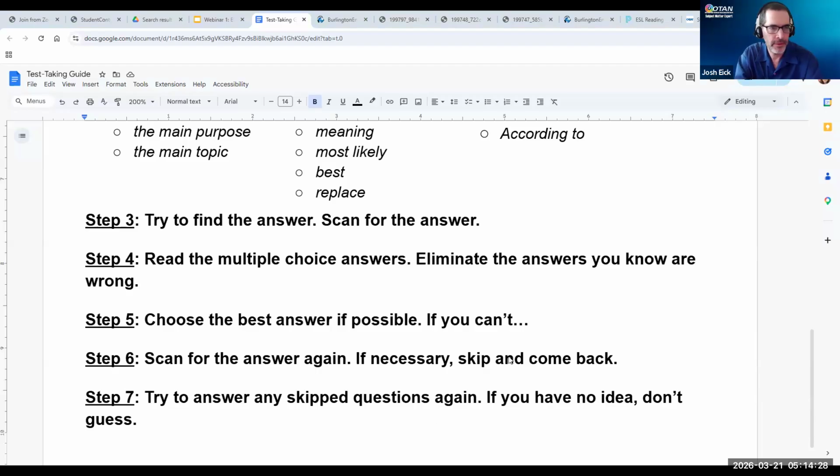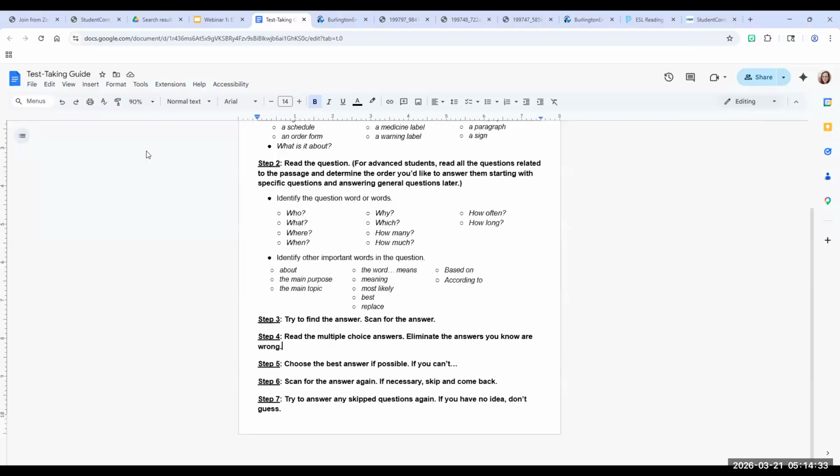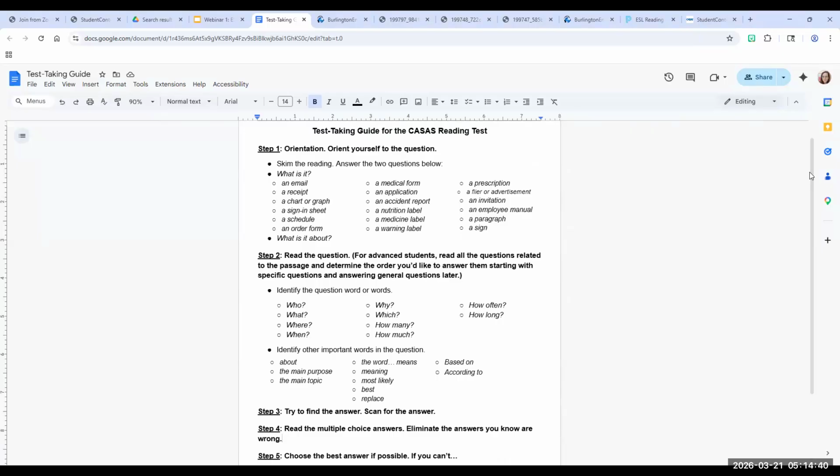Ed has a question, Natalie. Okay, great. Hi, yeah, I just have a comment on that. I think the test itself is run by AI. So if they guess the right answer on a difficult question, now the test is going to give them similar level questions. That's why I don't recommend them guessing. That's where they end up getting a level 6 test, even though they're in level 1. That's the main reason. It's run by AI now. Yeah, they all get different tests, even though they're in the same level. They're getting false positives, and they're being lifted up into an area which is going to be impossible for them.